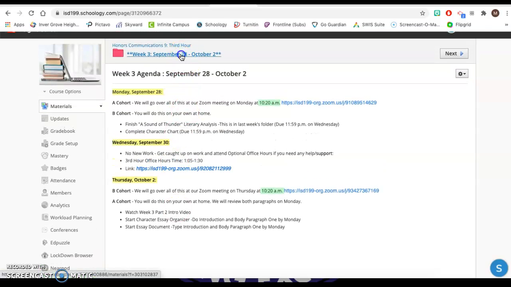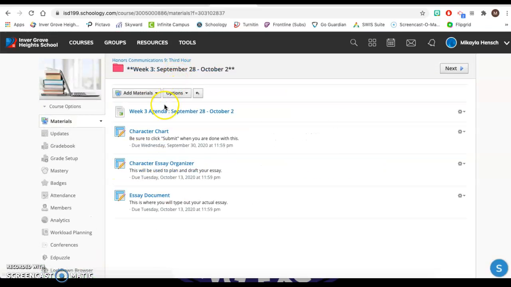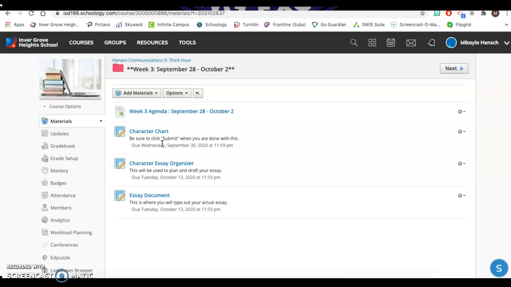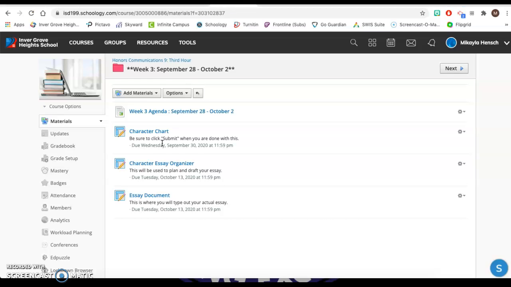and we're going to go over each one of those things right now. So back to our week 2 folder. The character chart, remember, you've already submitted earlier in the week, so you chose your character, you filled in different categories for your character, and then that chart will turn into your lovely first ever essay